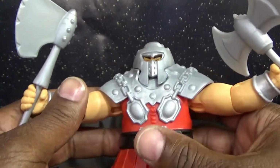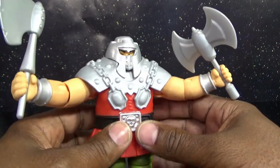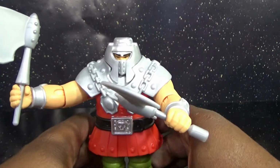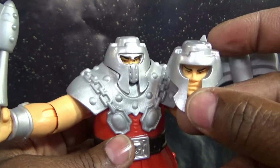most of the time when these toy lines move on to the present day, they just leave out all the things that made the toys so charming, such as action figures from back in the day. So that is very, very cool. I love the helmeted head. I don't know which one I like most. Man, they actually did enough to make me